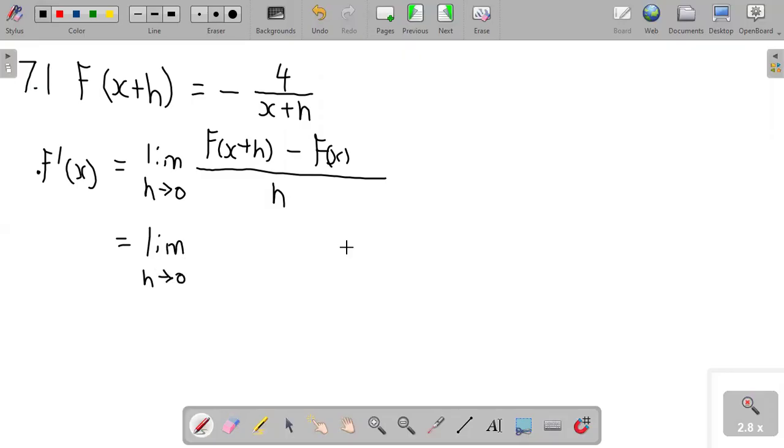So you have the limit, and then h approaching 0, of negative 4 over x plus h minus negative 4 over x, then all over h. So it's equal to the limit as h is approaching 0 of negative 4